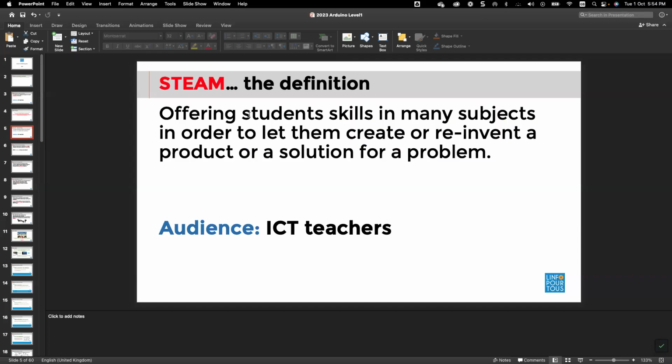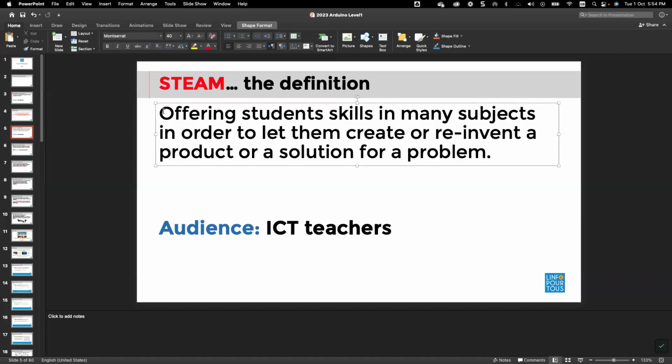So offering students skills in many subjects in order to let them create or reinvent a product or a solution for a problem, it is the definition for STEAM. I mean, when you as ICT teachers will be asked to define what is STEAM, this is the definition.